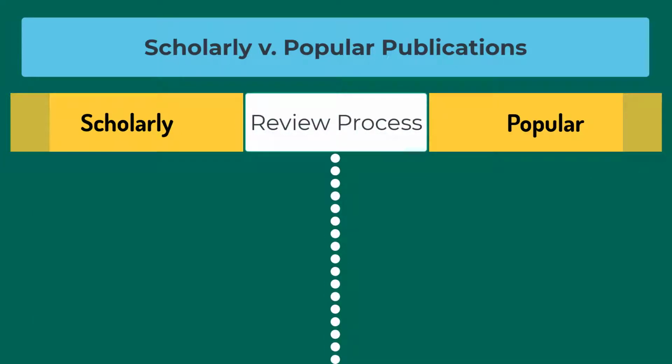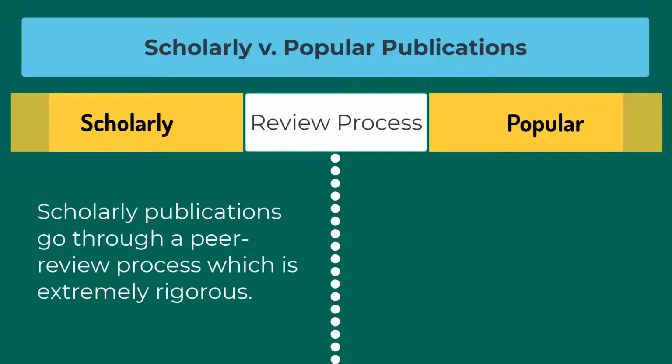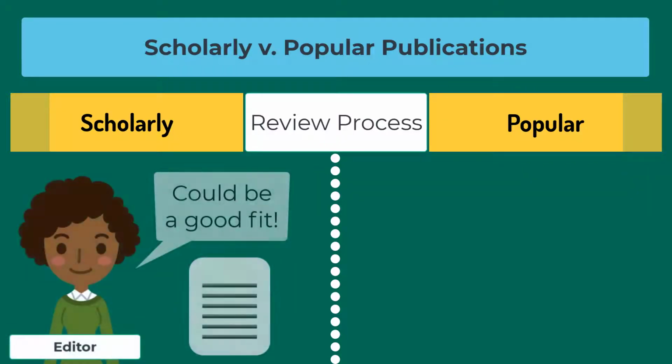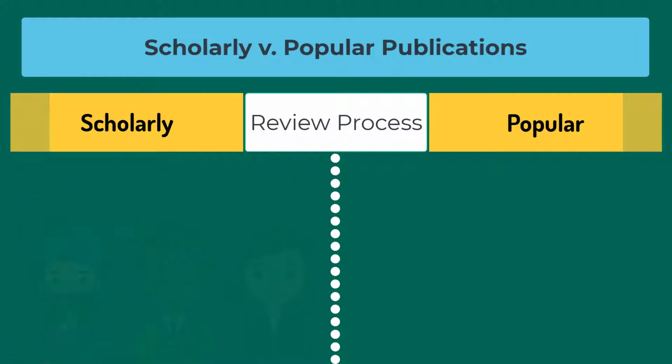Review prior to publication. Scholarly and popular publications also differ in terms of the review processes they go through prior to publication. Scholarly publications go through a peer review process, which is extremely rigorous. Articles are submitted to a journal. An editor determines if the article might be a good fit for the journal, and then the editor sends it